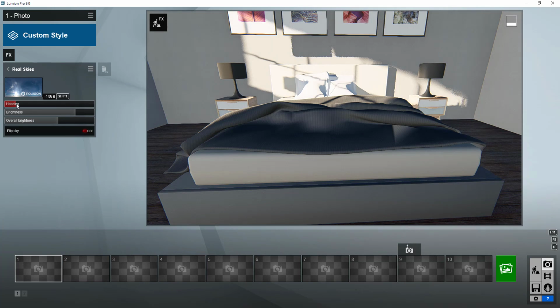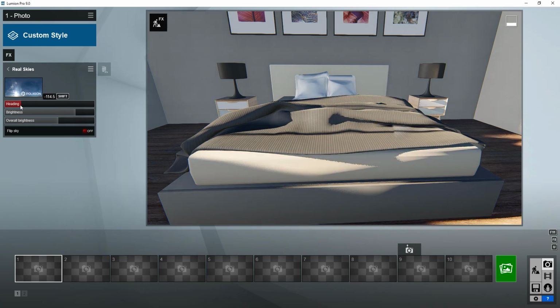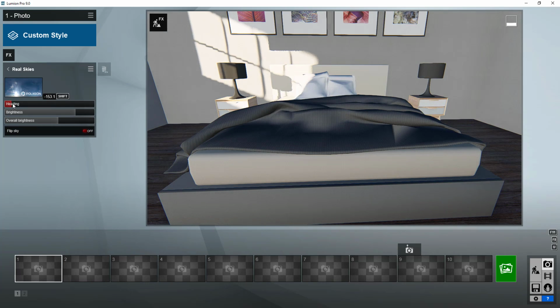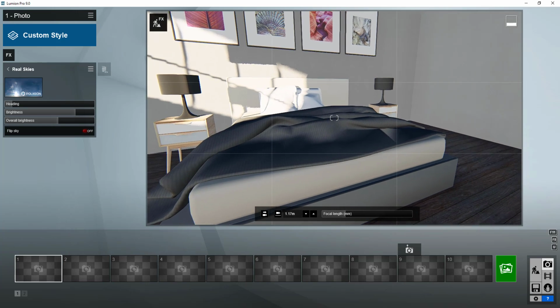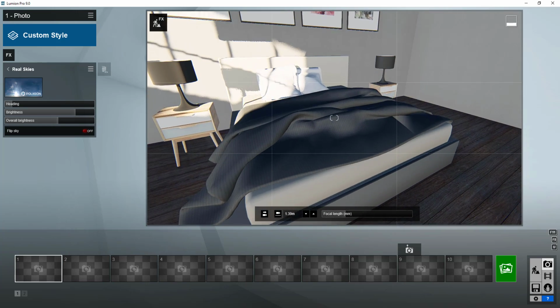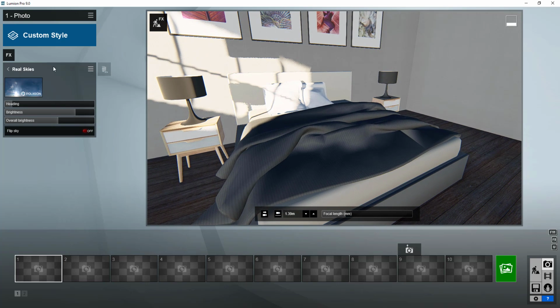But you can see how I can adjust how the lighting is going to come in through the window and everything else by adjusting that real sky. You could do this with the Lumion sun as well. And so I've got the lighting kind of set up the way I want it to be. I'm just going to adjust my camera angle a little bit,